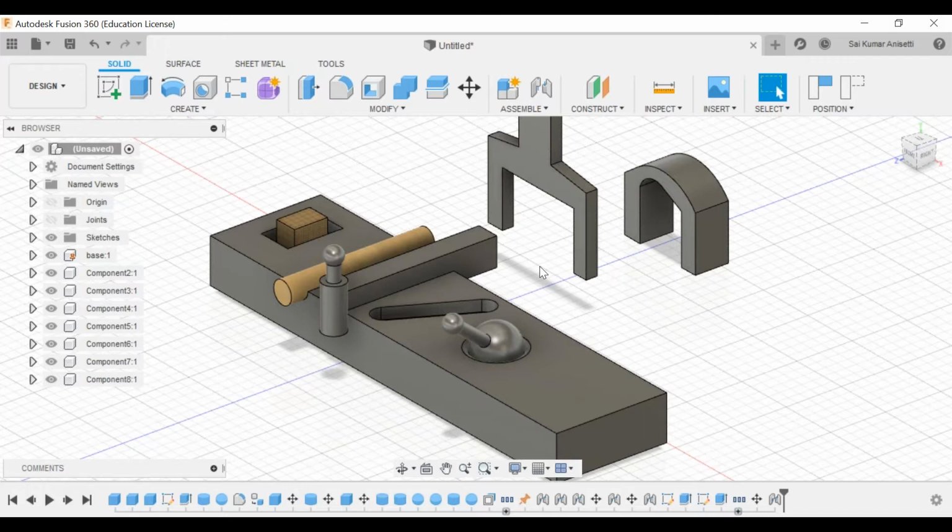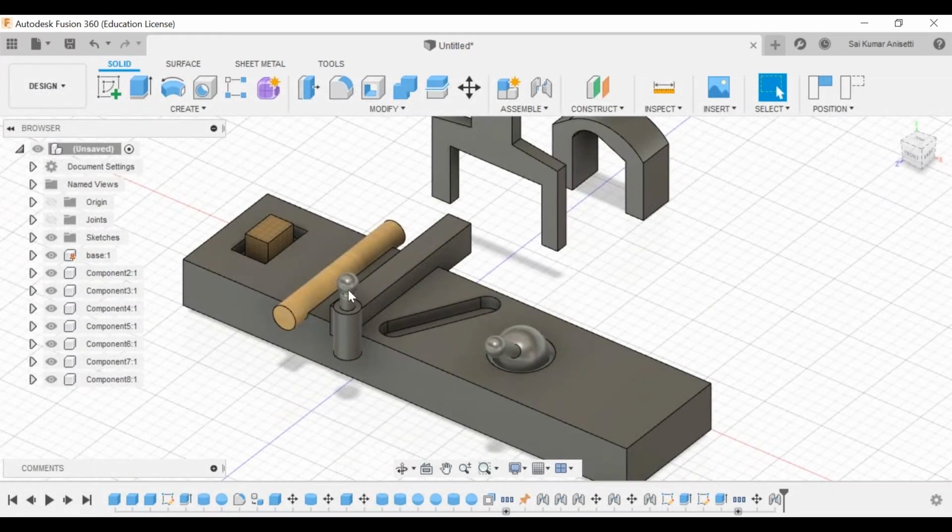There are different examples you can take, not limited to one thing. You can choose from your machine drawing. You can take an example of any machine drawing assembly. You have to simulate that with respect to these assembly joints.